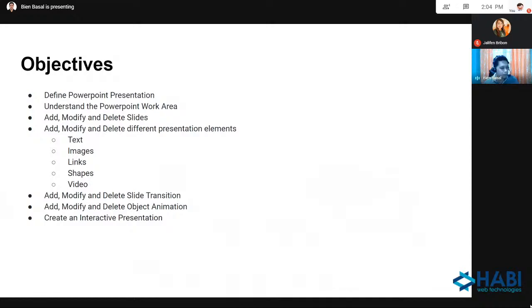Now, heads up, for this afternoon's training, I will be using Microsoft PowerPoint 2016. But if you're using an older version, okay lang po yan because most of the commands or the techniques that I will be demonstrating later are available naman sila sa mga lower version. If you're using a modern, the latest version of MS Office, okay din naman po siya, walang problem doon.